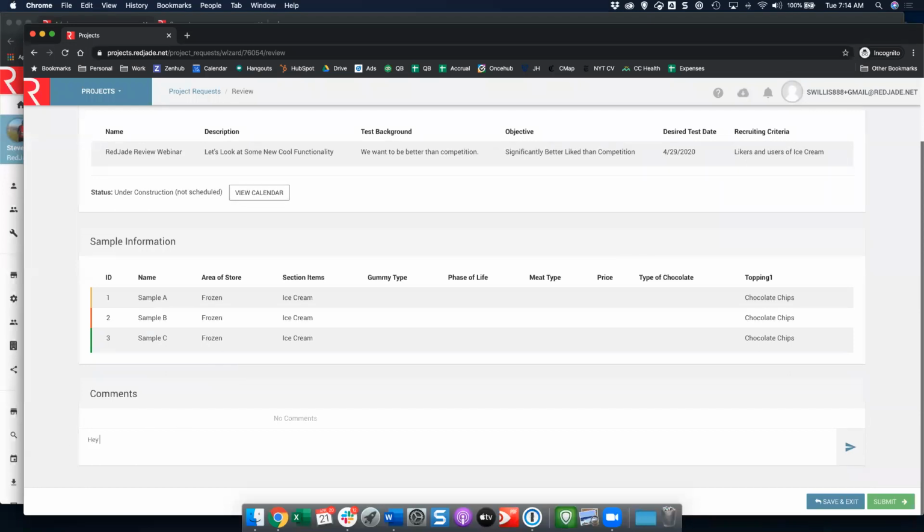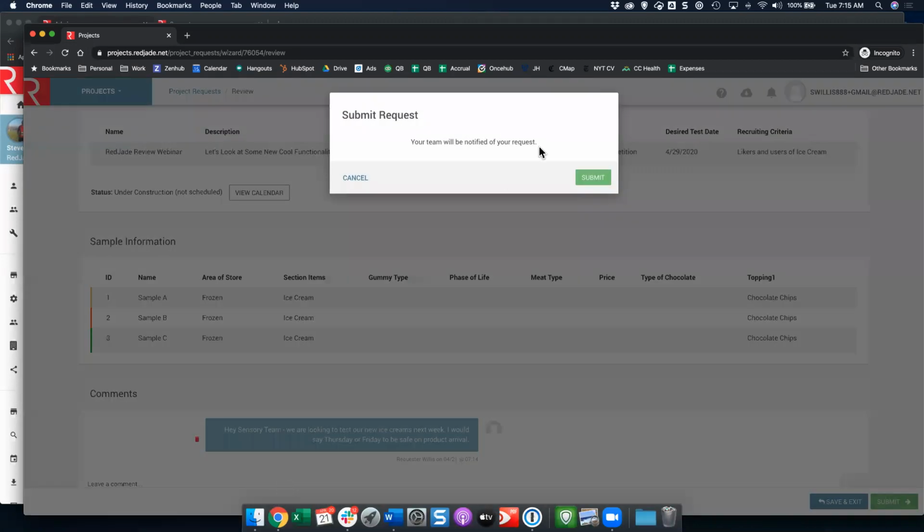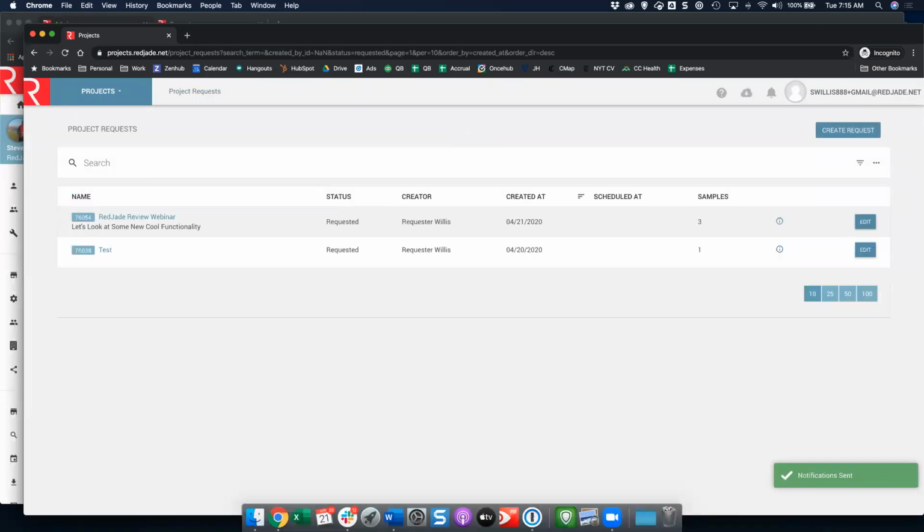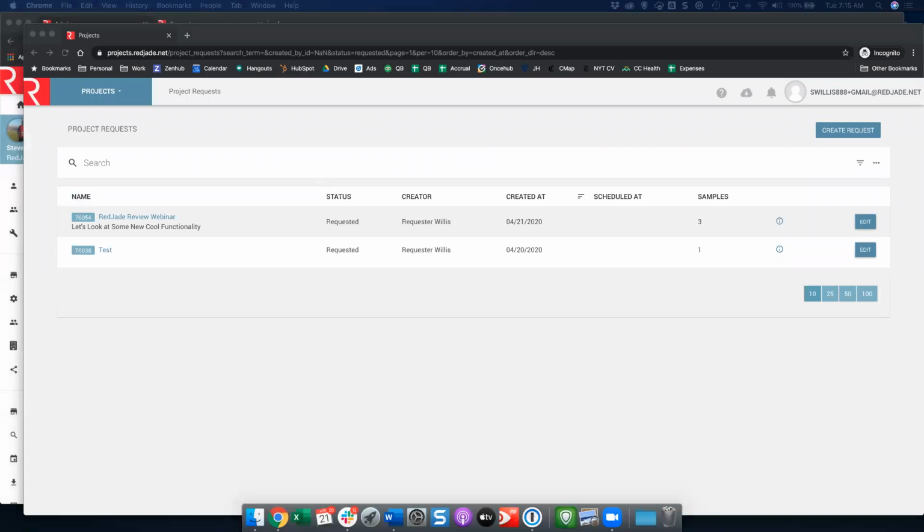And I can even leave a comment. This might say, hey, sensory team, we are looking to test our new ice creams next week. I would say Thursday or Friday to be safe on product arrival, right? Then what we're going to do is we're going to send this, right? We're going to send this and we're going to submit our results. You'll see that our team will be notified of our request, right? And then what happens is on the other side here,